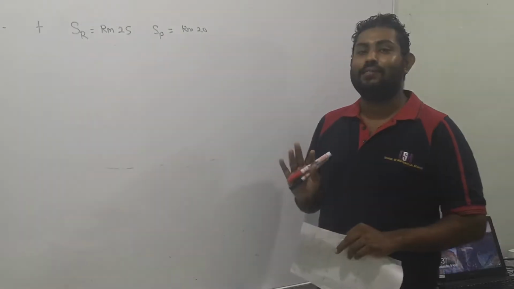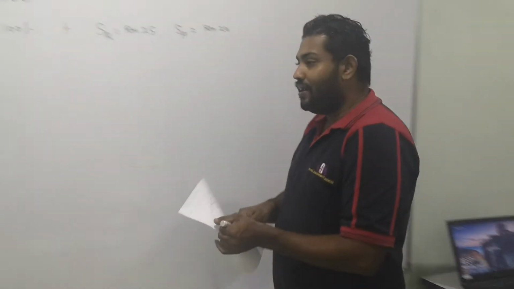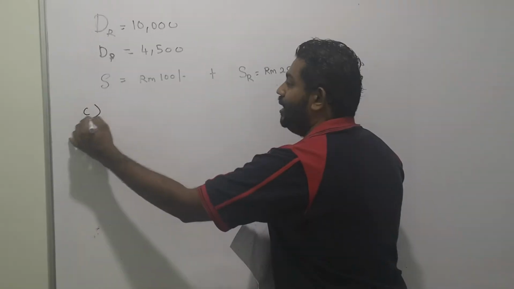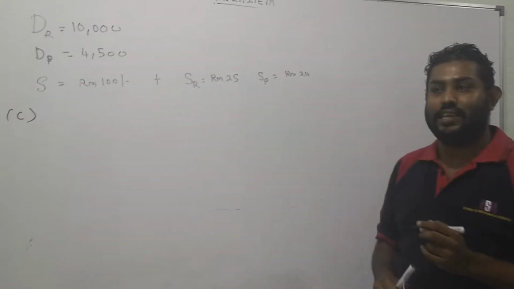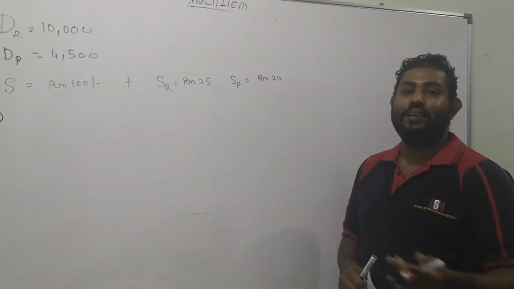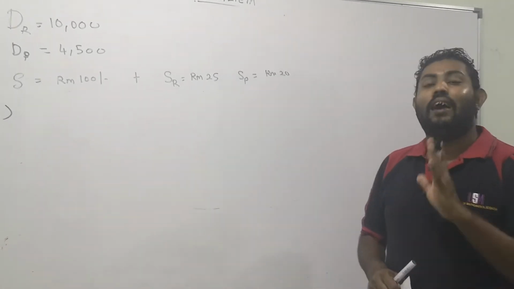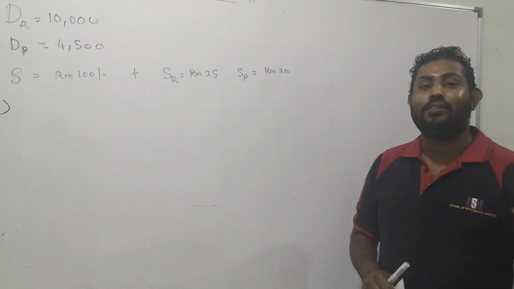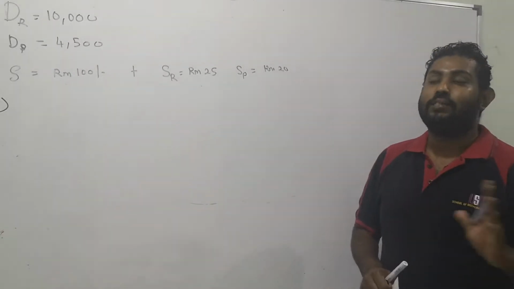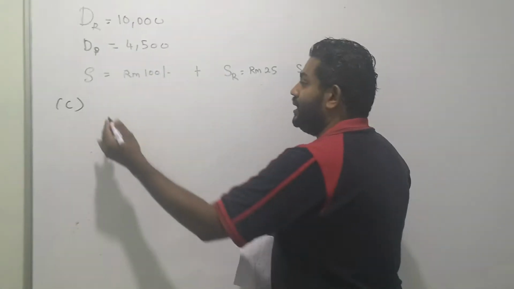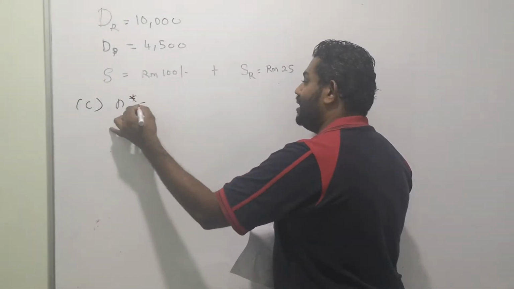3, which we'll discuss in question number C, which will deal with what will happen to the order quantity and also the total cost when we are doing joint ordering. Joint ordering means we are trying to reduce the order cost or setup cost. So for example, in this case, if you look here, N star is actually